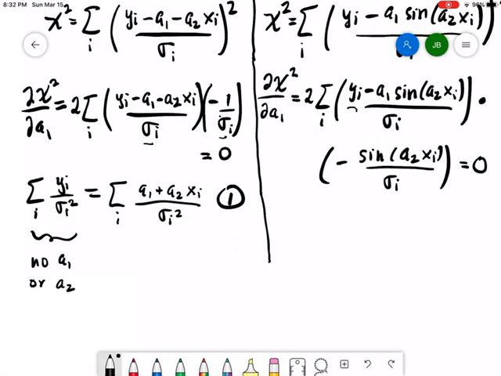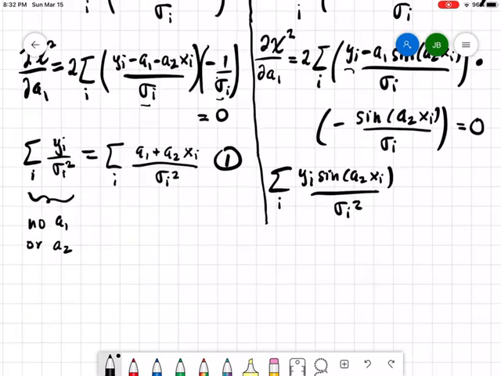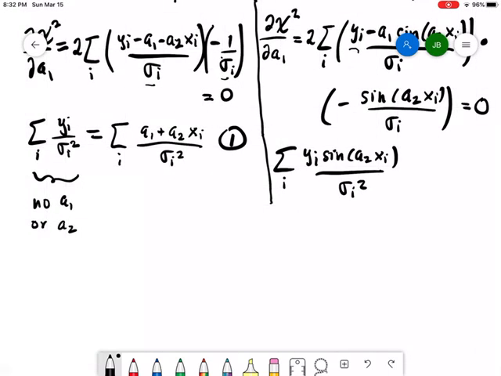And so when we move that over to the other side of the equation, what we end up with is, let's see, a yi sine a2 xi, and then we have a sigma in both factors, and so we get a sigma i squared. Okay, and then that's equal to everything that's left over,